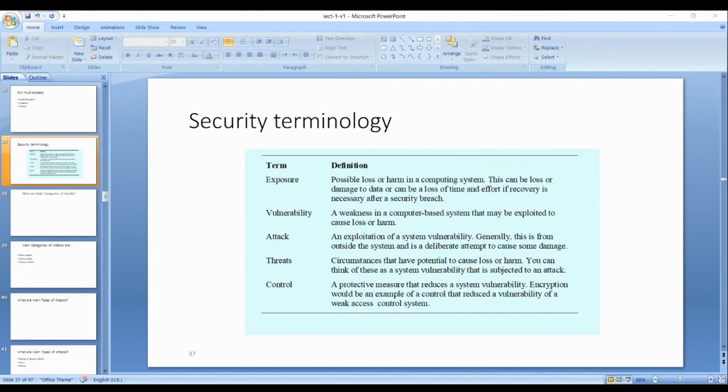Let me explain this with a very popular example. We have an attack on the nuclear power plant of Iran. Its name was Stuxnet, given by Microsoft. It was developed by top scientists of America and Israel, but mostly people say Israel, to damage the nuclear power plant machines of Iran.